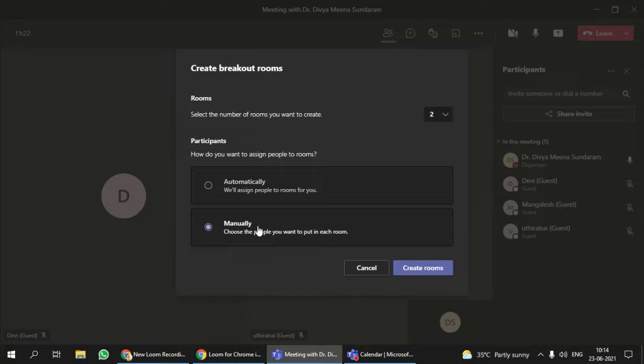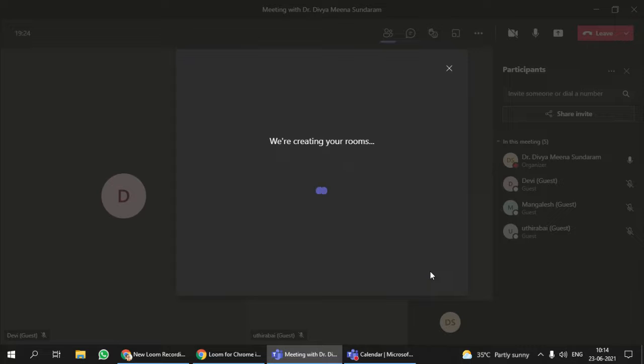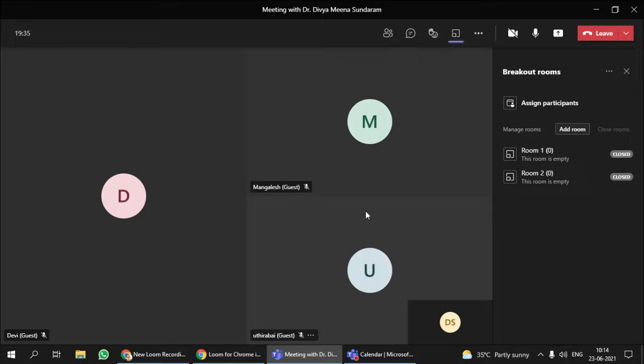So I'll choose the second option, manually, and create rooms. It takes a bit of time based on the number of participants you have. Now you can see that I have 2 rooms over here. You have several options. You can rename the room or delete the room.